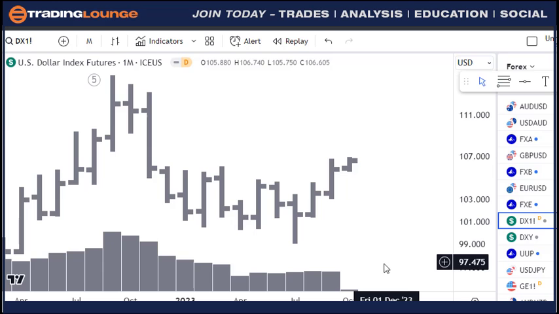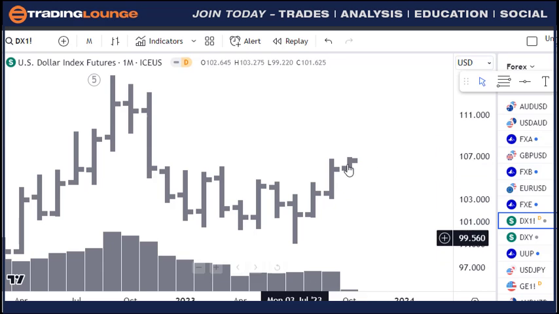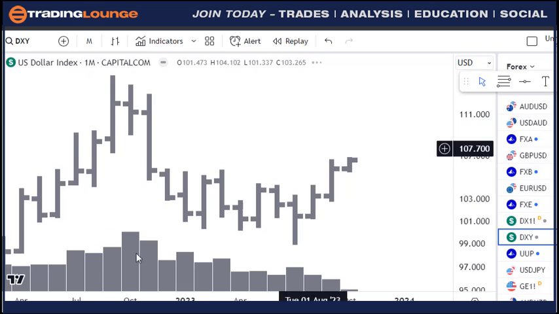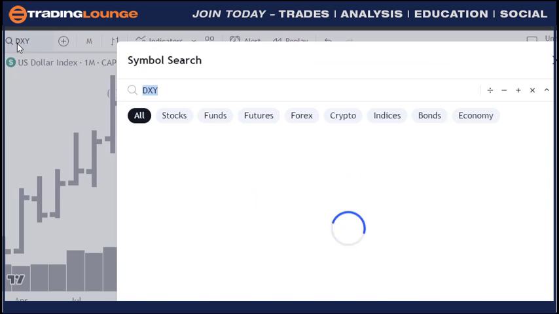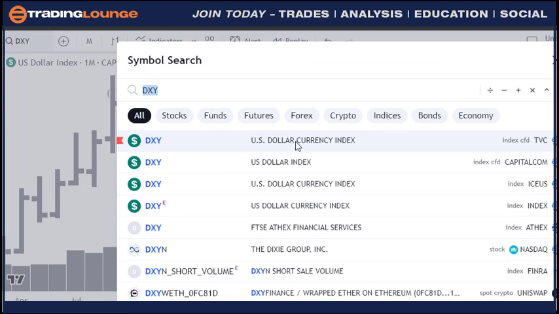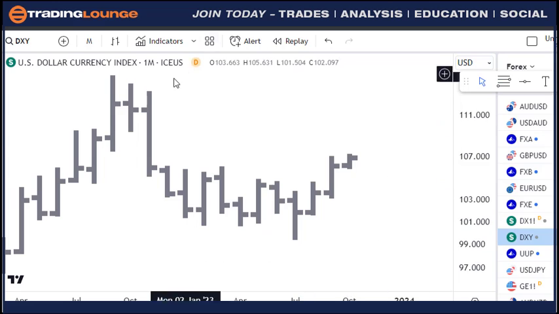But I'm not really seeing that increased volume here, and certainly not in TradingView here, and I think Capital here is a CFD market. So can I just see that here somewhere? Currency, Capital, CFD, Dixie. We really want that one, or this one here. I don't think that one gives me the volume. That's the annoying thing with that one. So I'll just check on this. This is not going to give me the volume either.